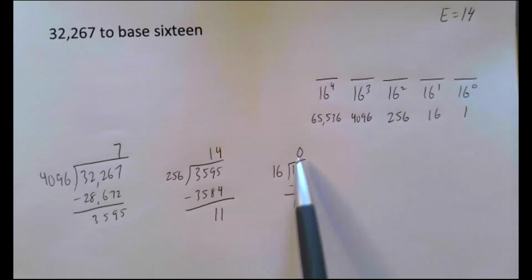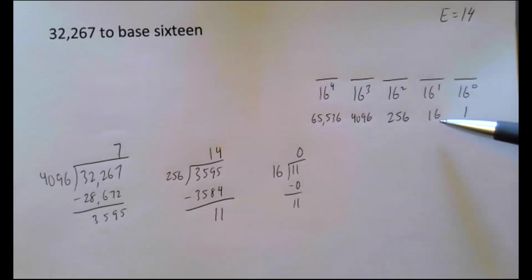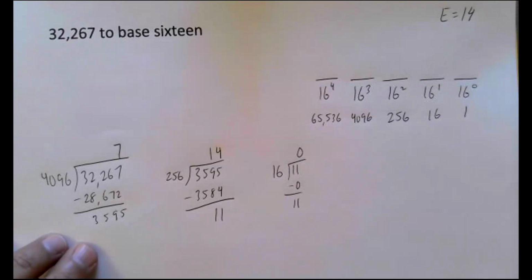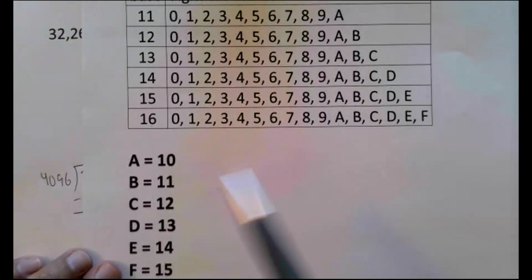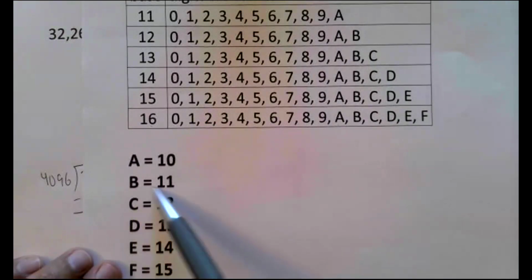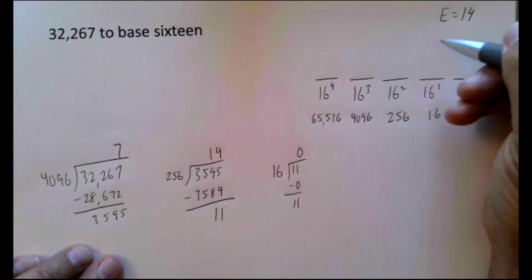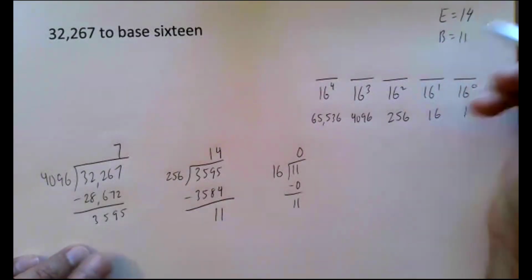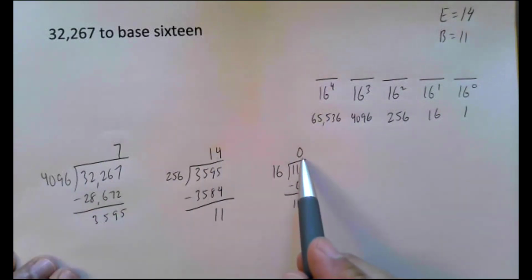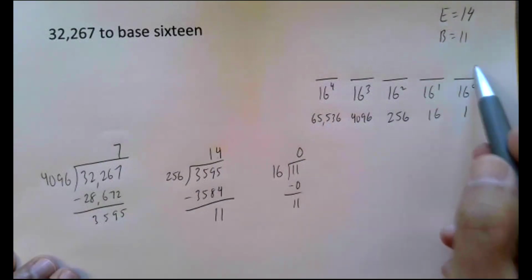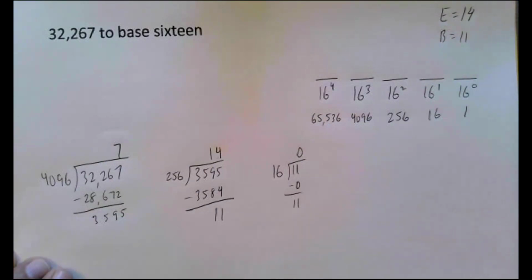Okay. 0 sets of 16. I'm going to have a 0 in the 16 spot. I'm going to have an 11 right there. Same thing, we're not actually going to write 11 because we can't put a double-digit thing in a single place, but 11 is the same as B. So a 7 goes in that spot, 14 goes in that spot, a 0 goes in that spot, and 11 goes in that spot. So my final answer is going to be that